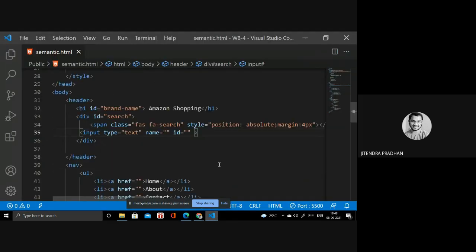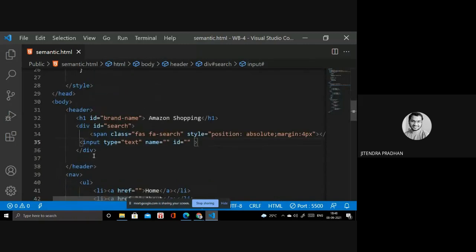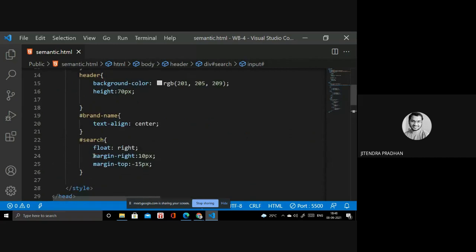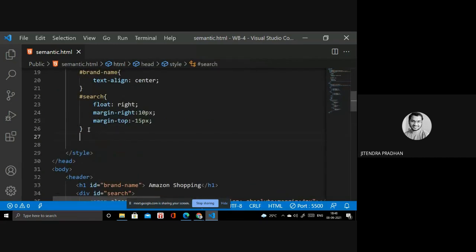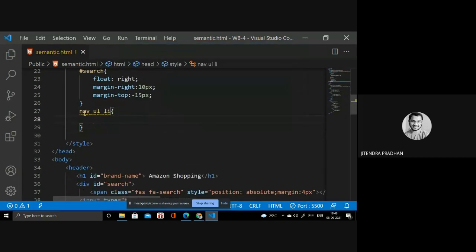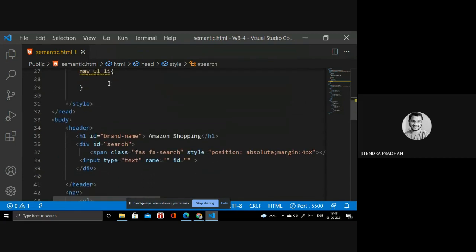So next thing I will design a navigation bar, right? So search and all these things are done. Next thing, that's navigation, nav. Inside you have to write UL and li. It is like a parent and child. Okay, this is a child. Okay, so inside you have to write in that UL, it's a display.